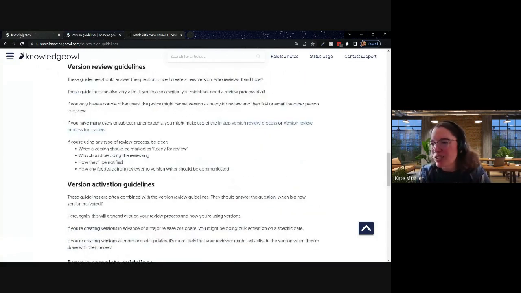This is a really great thing to just lay out so that you've got consistency in how people are using versions, because they are so powerful. But if your expectation is that a version is going to capture a history of content for compliance purposes, and then one person on your team never uses them, you're not going to be able, with a compliance request, to say, here's exactly what our documentation looked like on this date, because you won't have the history. It will have aged out from the revisions that we automatically save for you